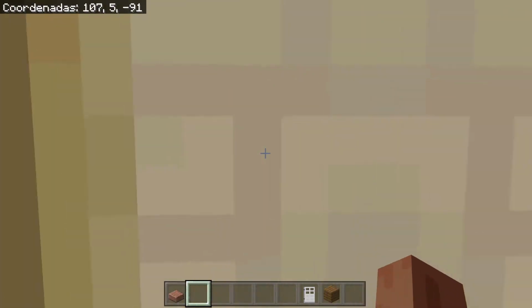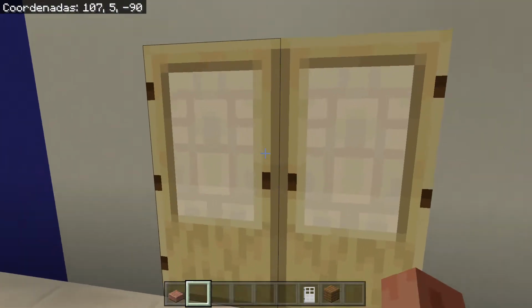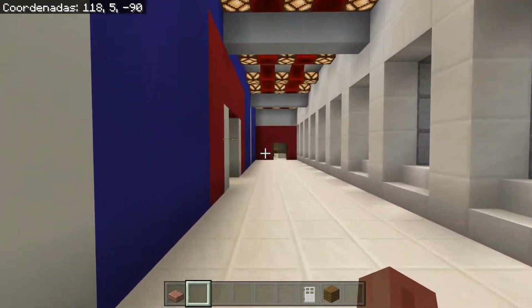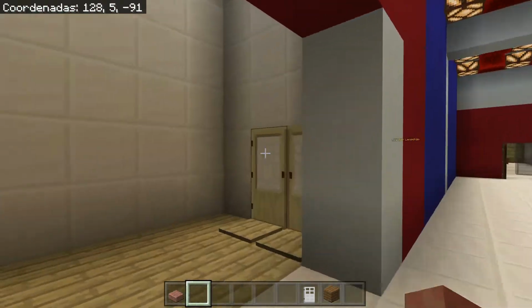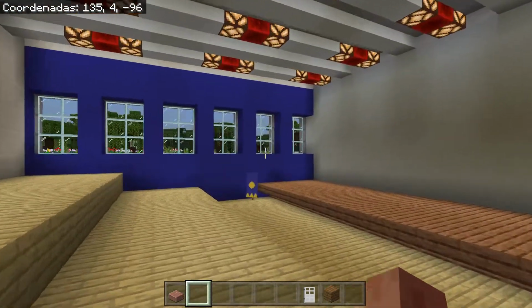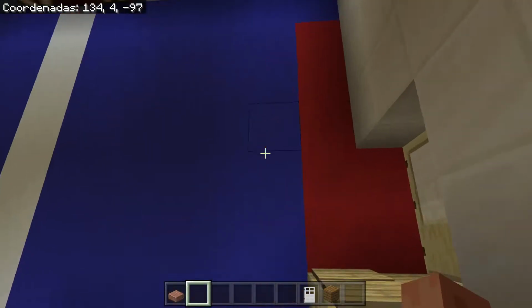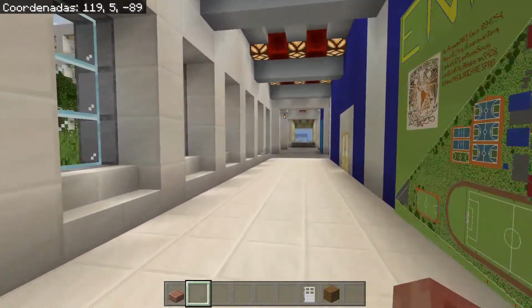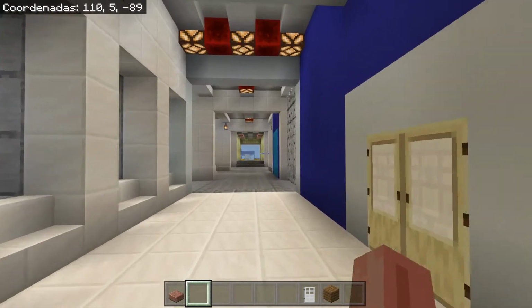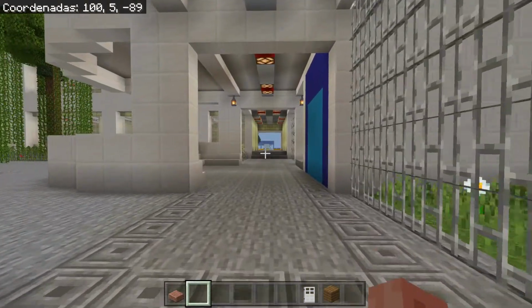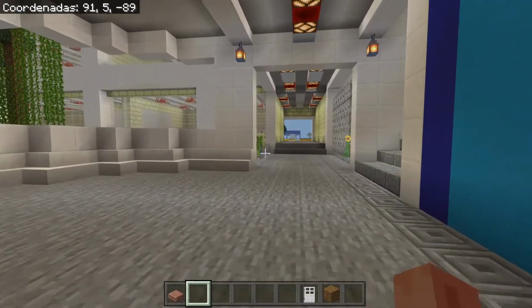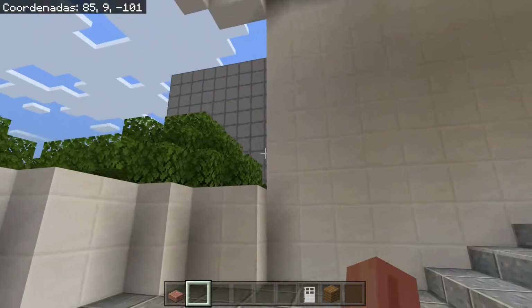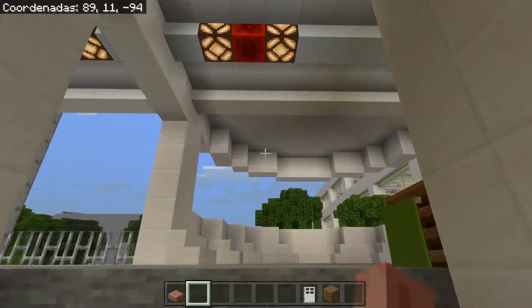So I can enter this. Oops, I don't know why I cannot enter right now. Oh, I will ask Santiago later why that one is not open. But I could enter here and show you over here. These are sort of rooms for us teachers to project special presentations and that sort of stuff. So here are the stairs in order to walk up and reach the other classrooms.